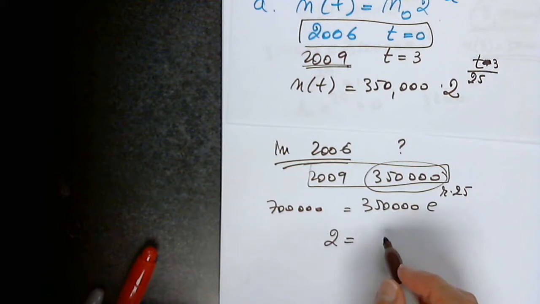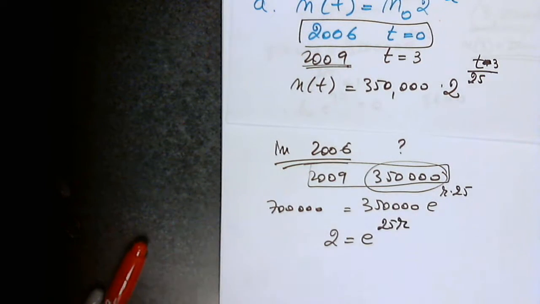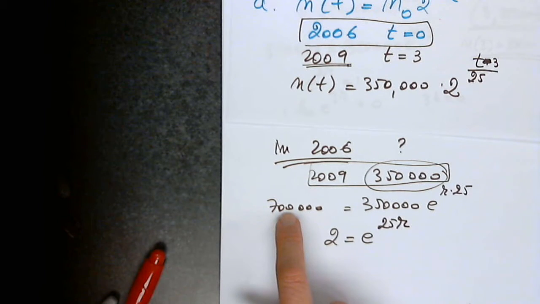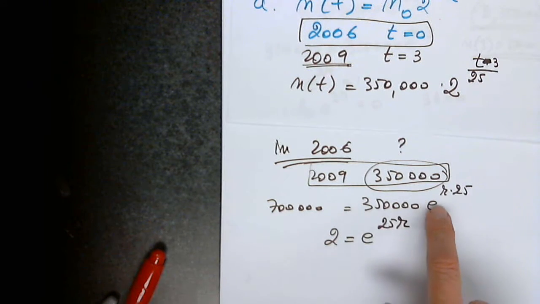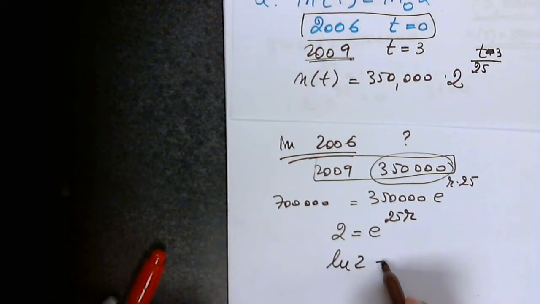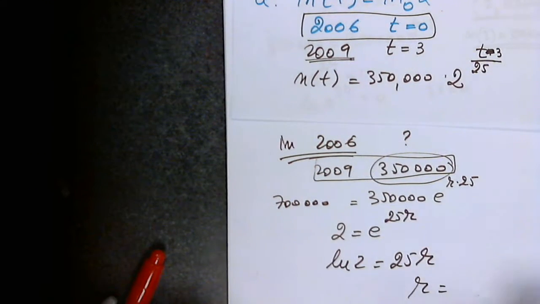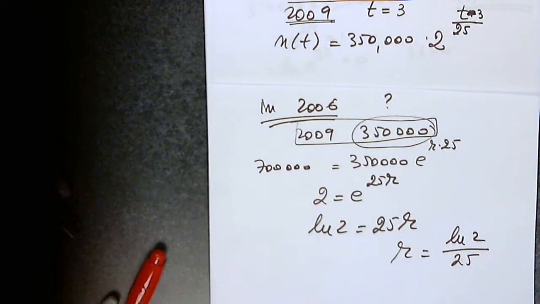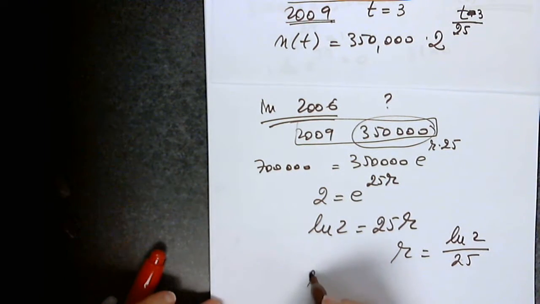So then 2 equals e to 25 times r. So 25 years later, the initial population doubles. So this over this is 2, e to 25r. Natural log equals 25r, and we finally get r: natural log of 2 over 25. So let's put it in the graphing calculator. We'll check everything in a second. Natural log of 2 divided by 25. So the interest rate, not the interest rate, but the growth rate is, so r equals